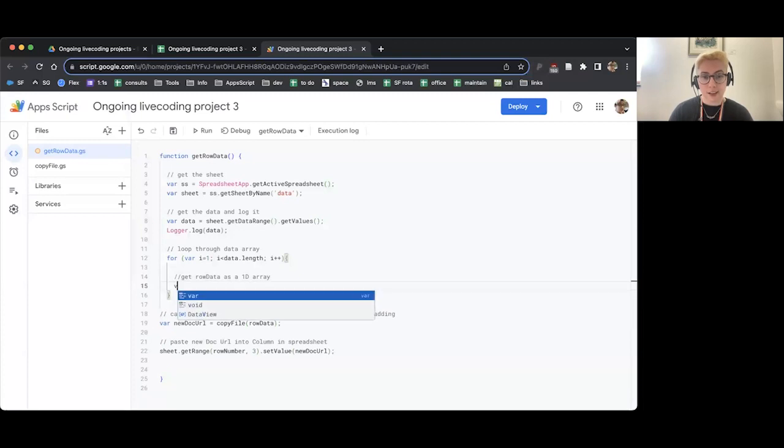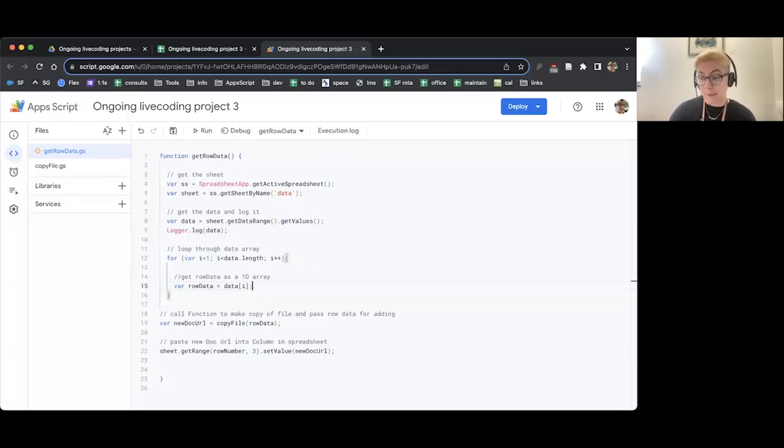So I'm going to hit enter, and I'm going to write var rowData, capital D for data, another space, and then I'm going to do space equal sign space, data, square brackets, i, and then end the line with a semicolon. Because what I'm doing is I'm saying, okay, we've got a whole 2-dimensional array data, which is everything in the spreadsheet. I just want each individual array. So it's going to use the counting variable. So each time the loop runs, it's going to be a different row, because it's going to be a different position in our array. So that's where our counting variable inside a loop is so useful when we're working with a spreadsheet, because we can use it like this.